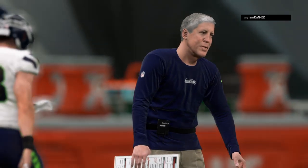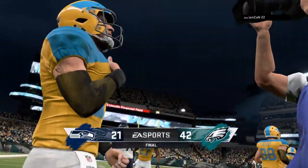Big offensive explosion helping lead them to victory. And the defensive guys,